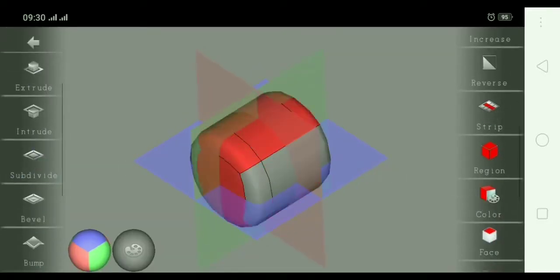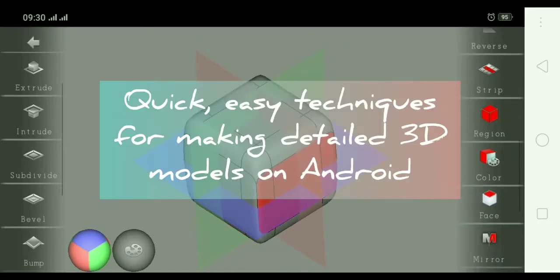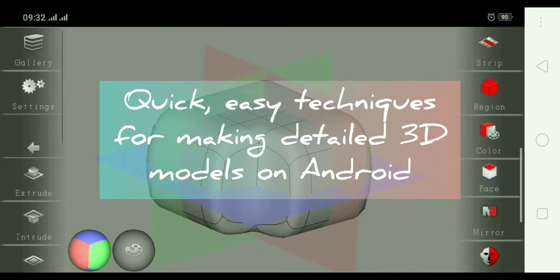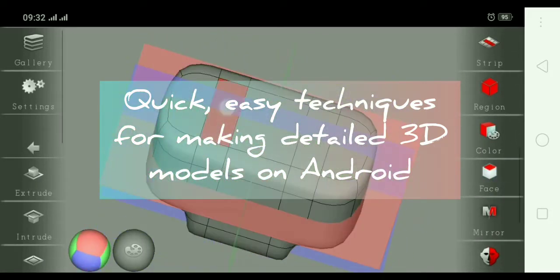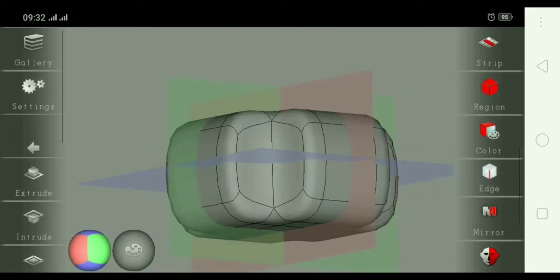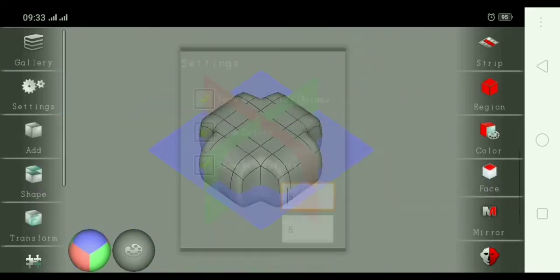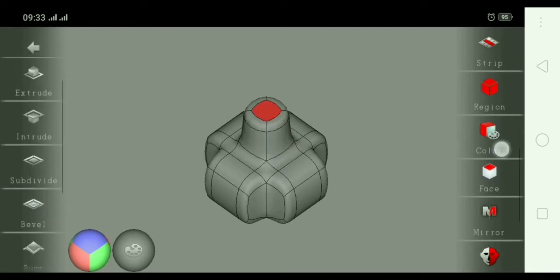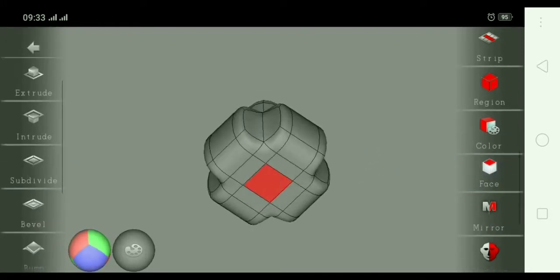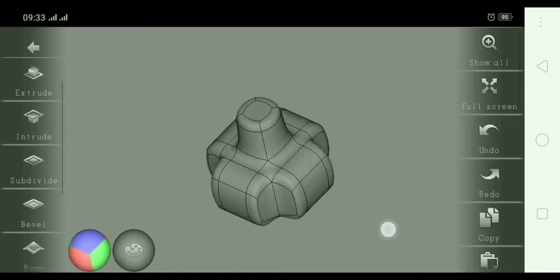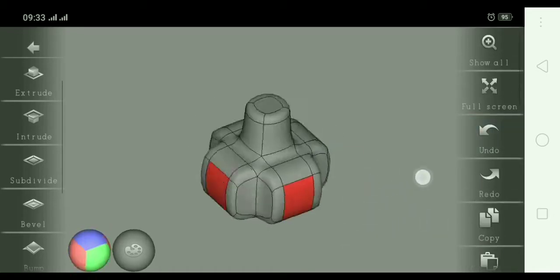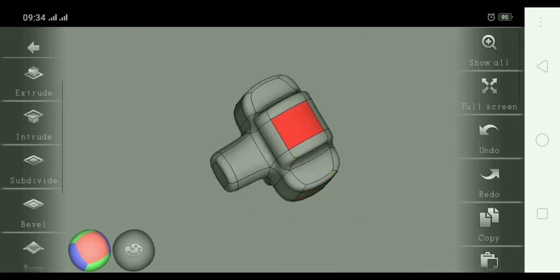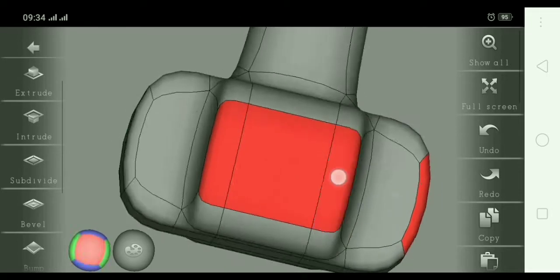On today's video, you will discover quick, easy techniques for making detailed 3D models with Subdivformer on your Android device. I have been using Subdivformer for the last 3 months or more, and I have discovered various techniques that I think I should be sharing with you right now, especially because you have witnessed me modeling various items on the channel, starting from a 3D model of a bullet, and I've also modeled a car, and the previous video I